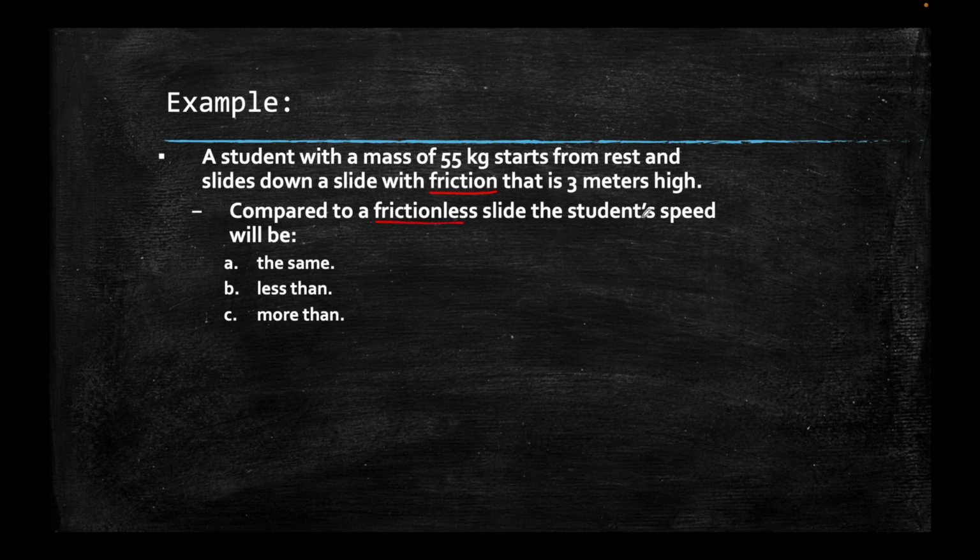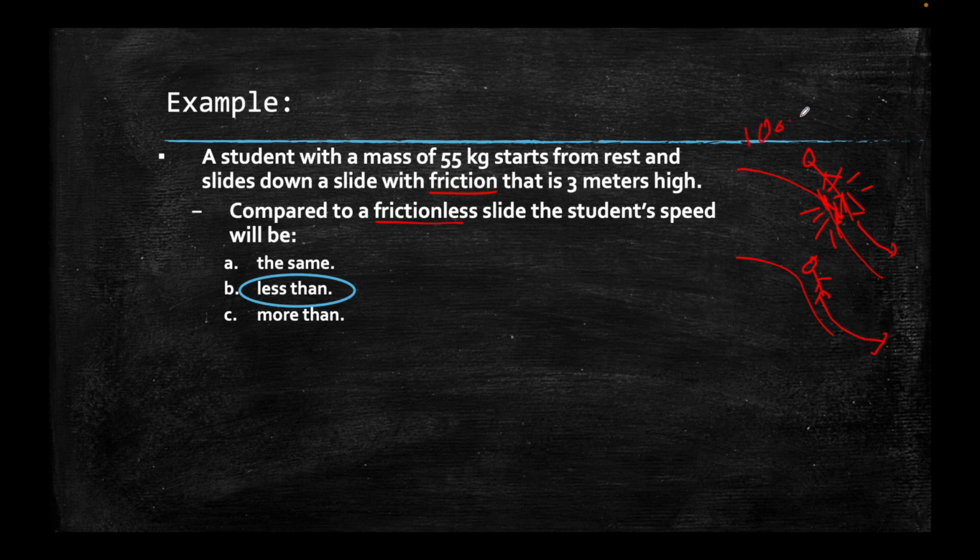Of course, if there's friction, some energy will be lost to the surroundings through heat. That means if I had friction compared to frictionless, of course, there will be less speed. There will be less energy available. Some of the energy will be lost. So if I'm here going down, that is supposed to be me on a slide apparently, and there's friction here, so some energy is lost into heat. Compared to frictionless, it'll be a nice and easy slide all the way down, and I will have more energy.